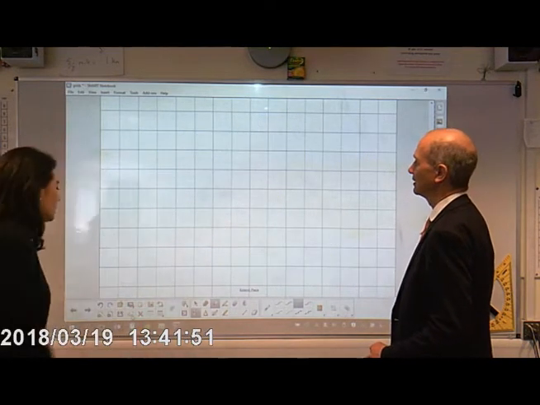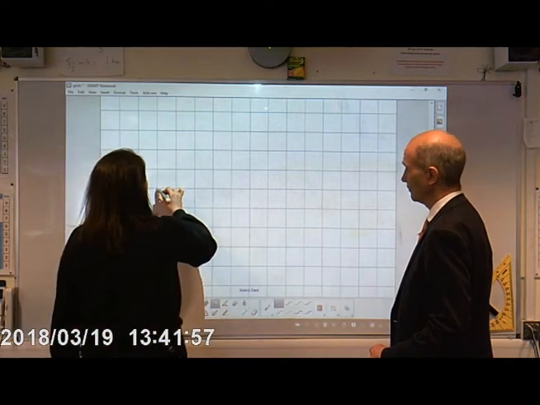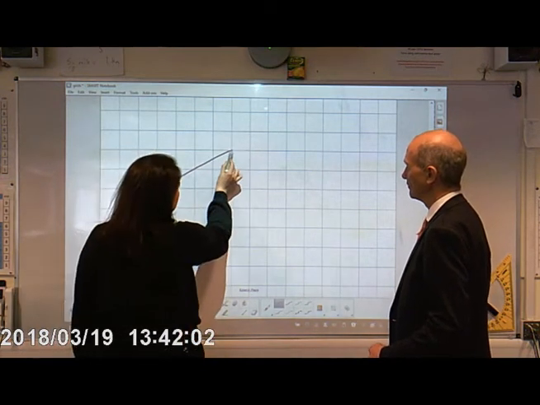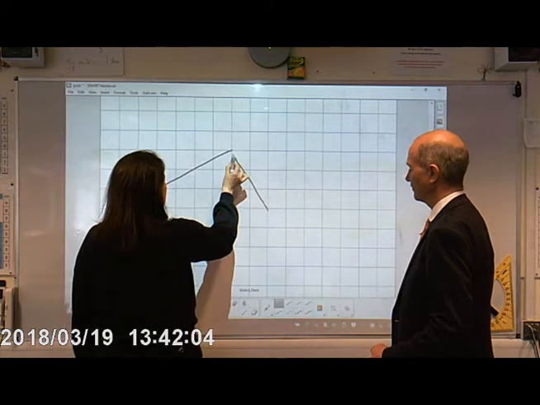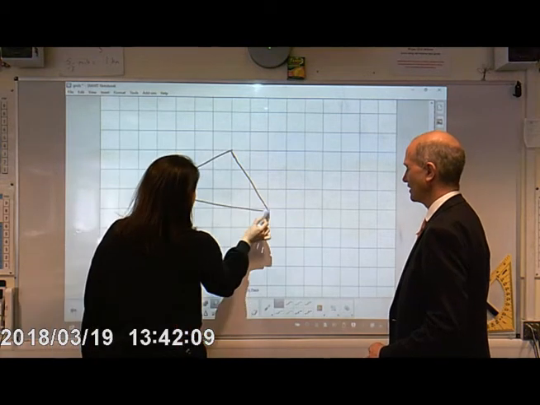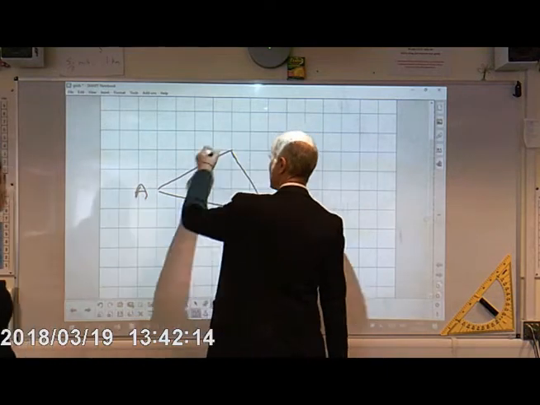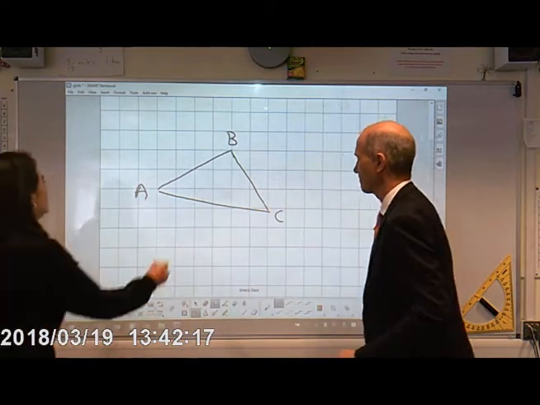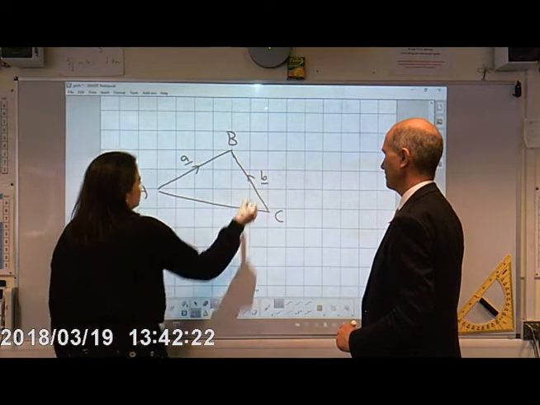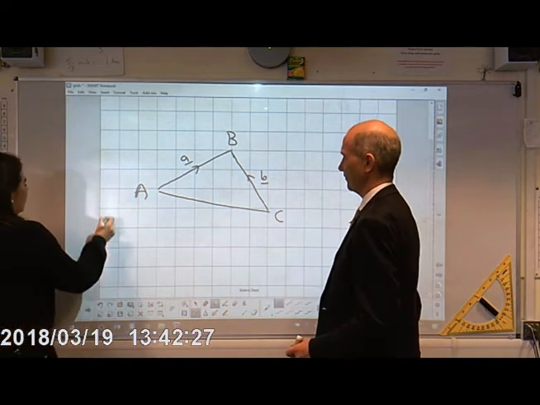So, they might give you something really simple to do. I think I might need that straight, isn't it? Do you want that up? That's good enough. Should we label the corners? Label the corners A, B, and C. And give ourselves some vectors here. I'm going to point that in that direction. Okay, now in a nice simple foundation question, it might say to you, find